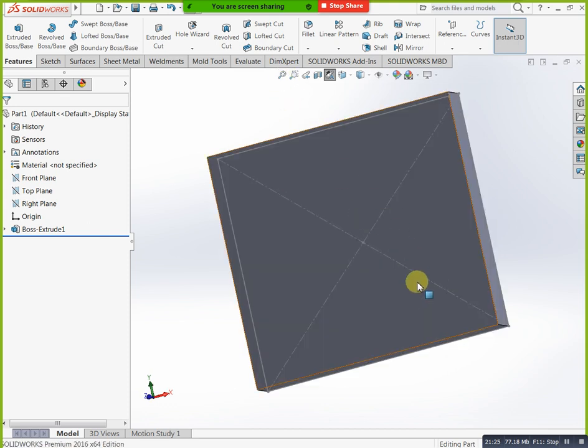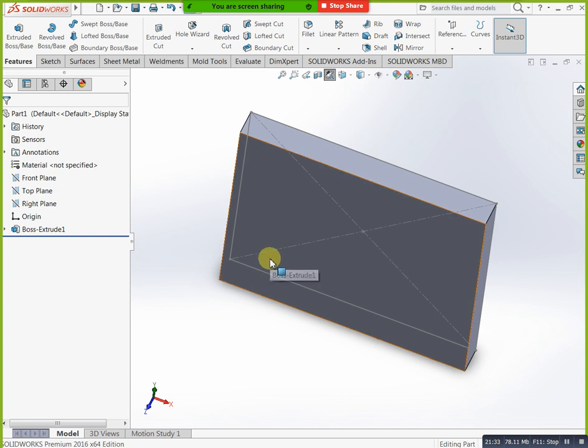Okay, next here we have model tab and motion study. We have two. Motion study we need at assembly, not here. Okay, you will go with the model first. Next, here we have our unit setting. This side we have our unit setting. Okay, actually I will show that one, don't worry. Here we have MMGS, actually millimeter gram per second. Presently we are working in that. If you need CGS, okay, centimeter gram per second.